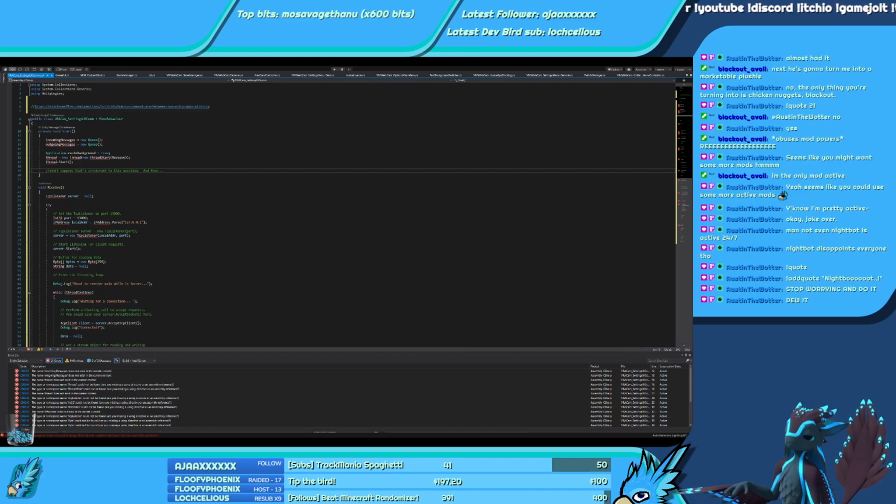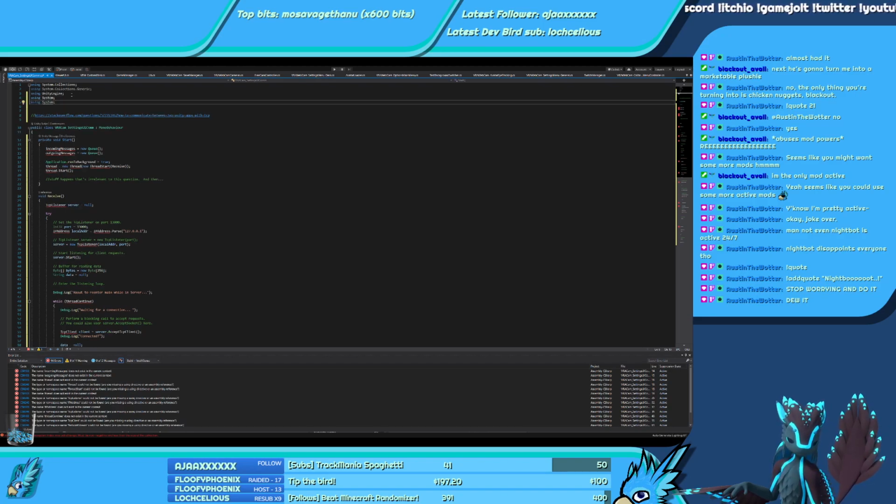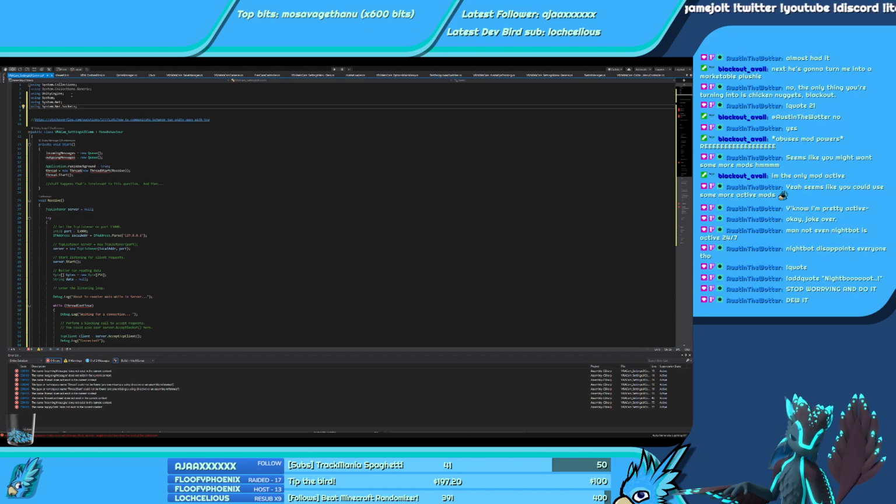Okay, so use a bit of Unity engine here. So is it using System? It is. Is it using IO? It is not. Is it using .NET? It is. Is it using NetSockets? It is.